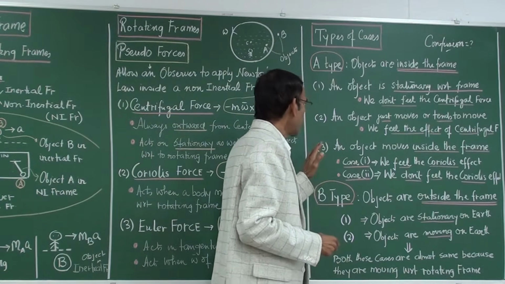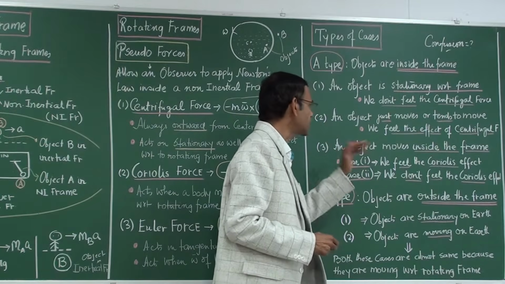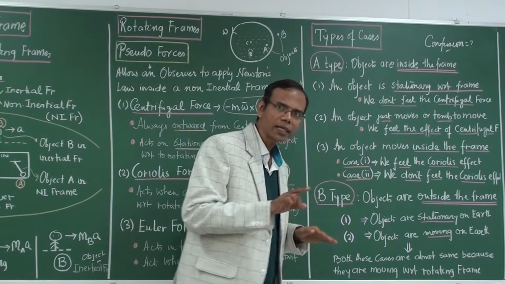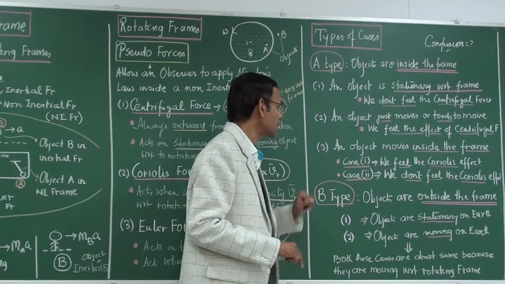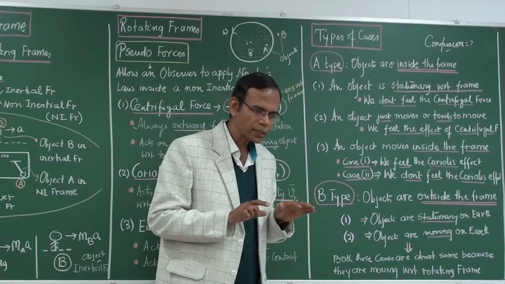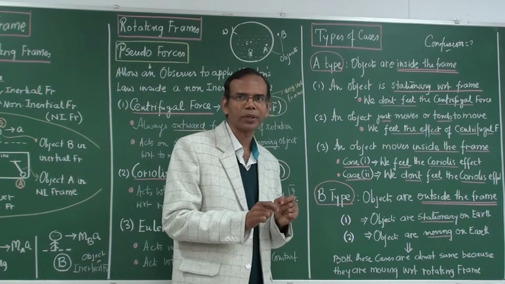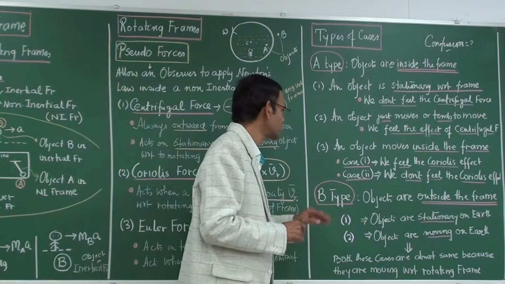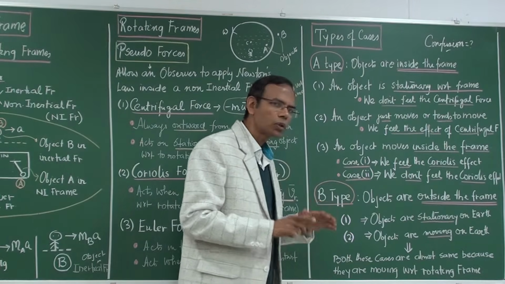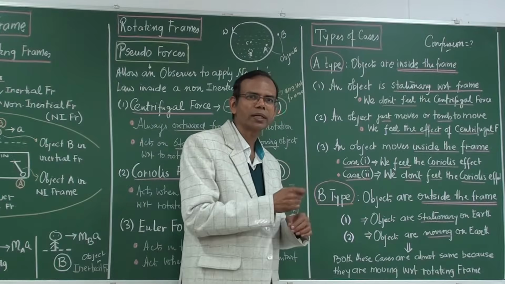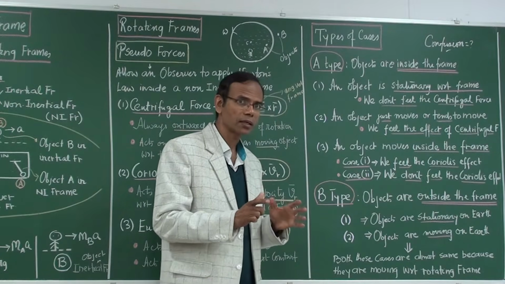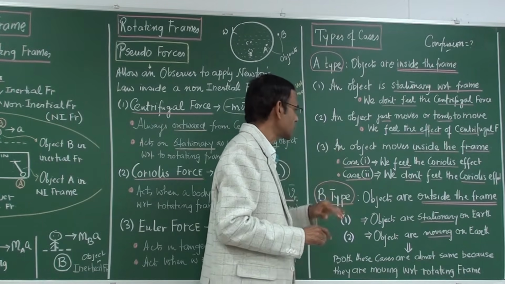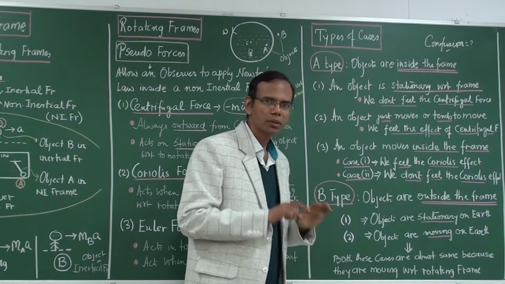Third, an object moves inside the frame. Now your Coriolis force is coming. Case A is, though it is in the frame, it is not touching the frame. So we feel the Coriolis force. Case 2, we don't feel the Coriolis force. That means it is a constrained type of motion. The Coriolis force is there, but that feeling is not there. So 1, 2, 3, 4, four different cases,